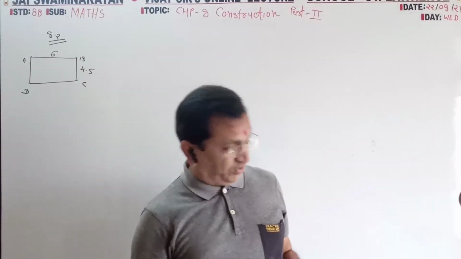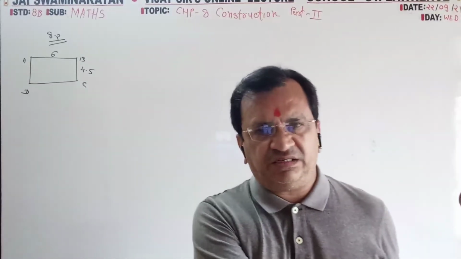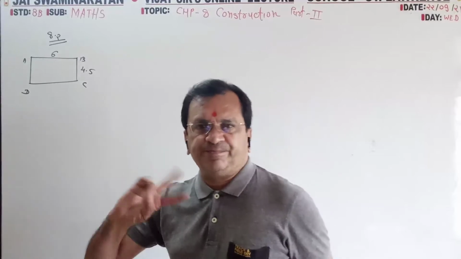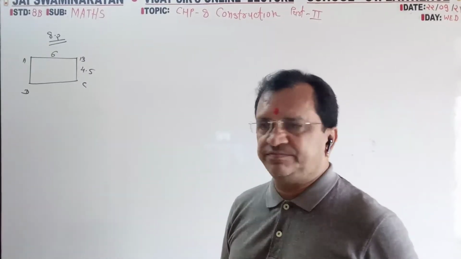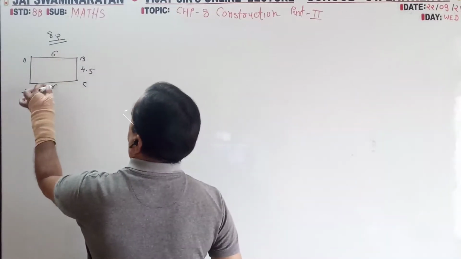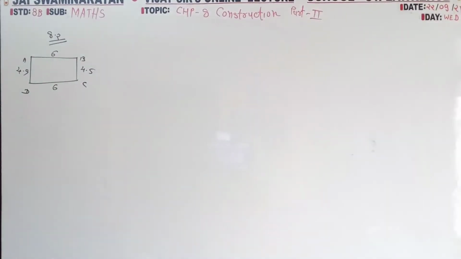Here only two pieces of information are given, but as we know that opposite sides are equal, so 6 and 6, 4.5 and 4.5, correct. Now